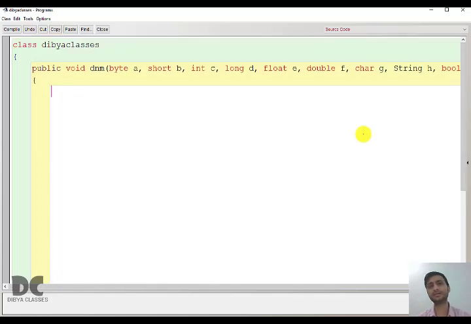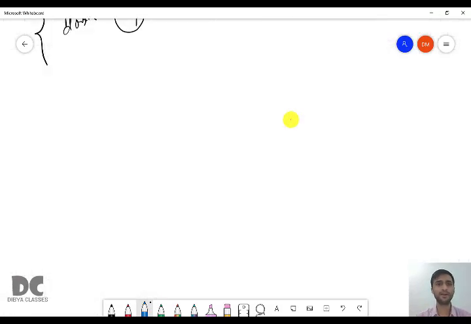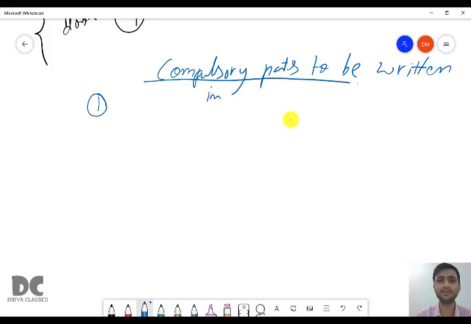So before writing scanner, I will give you important points to remember. Please remember these points. Point number 1, I will give the heading: compulsory parts to be written in all programs.